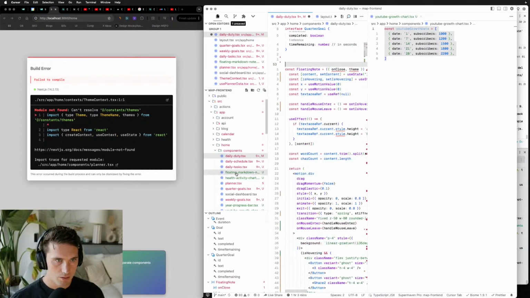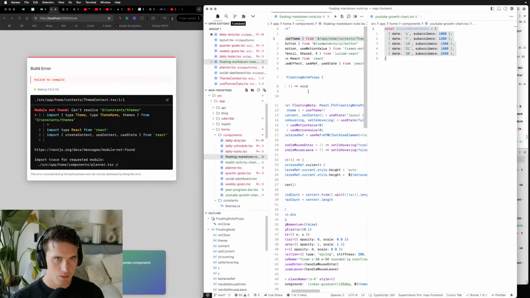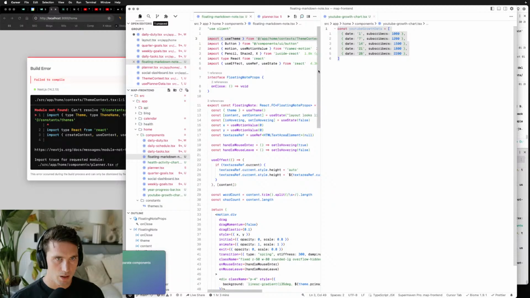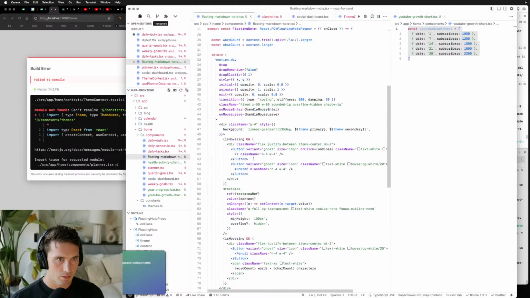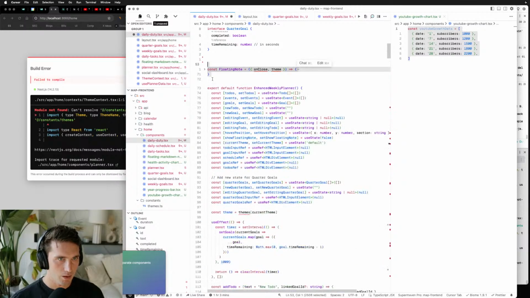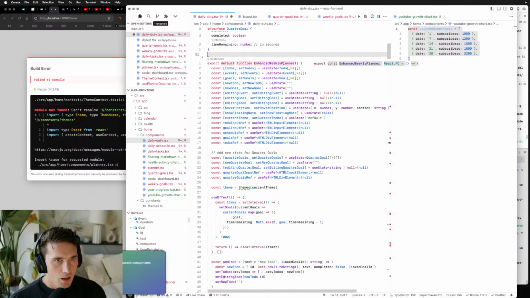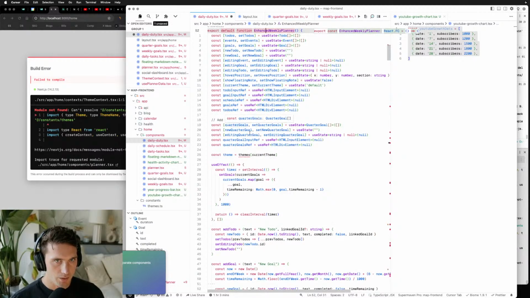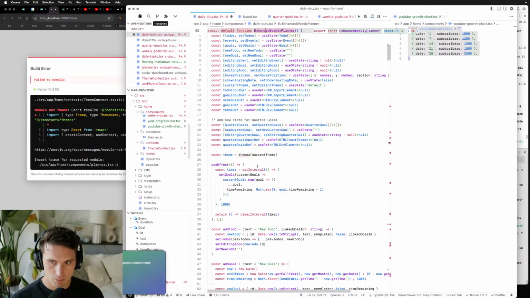Floating note. Yeah, that one's good. Delete that. And then this enhanced weekly planner, this looks like it's the actual full thing. So this is where all the state logic is. So this should probably be